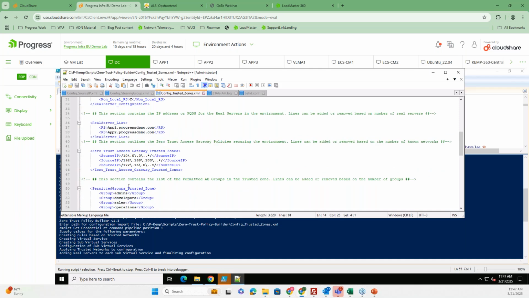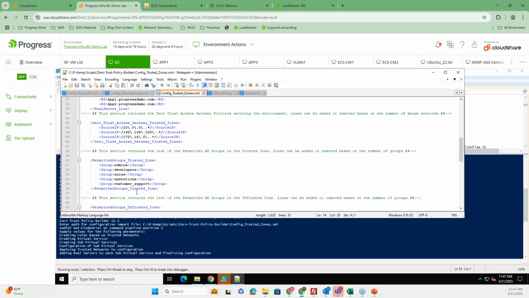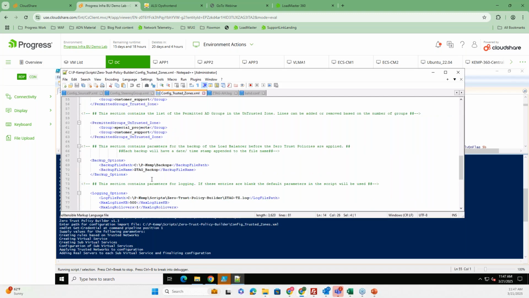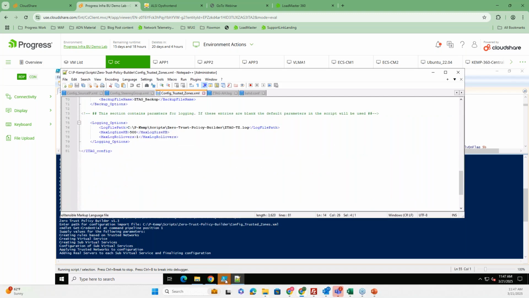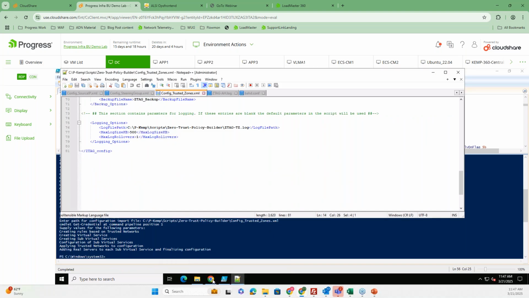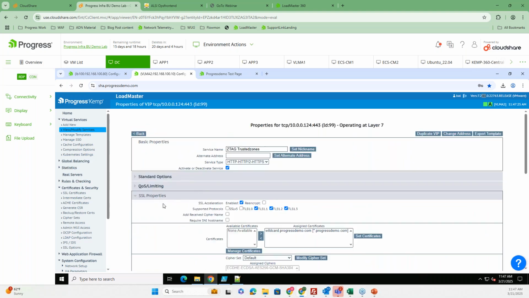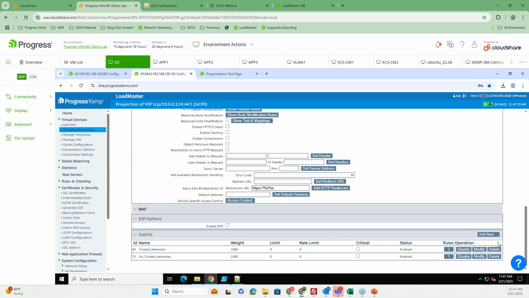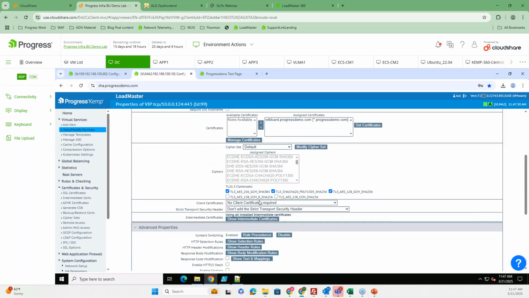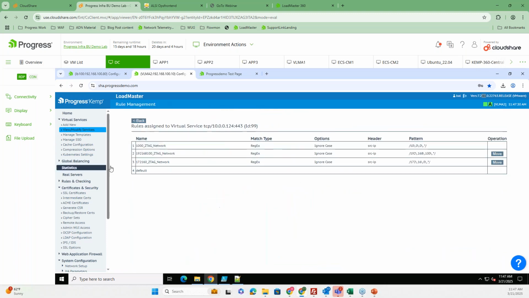And there are different rules in here. You see customer support as well. So there are different things in this one. So let's have a look how that looks. But as you see, this helps you to create all of those services and even maintain them in the long run. So you see here, there's a trusted zone and untrusted zone. Multiple rules. So let's see them all in a row.